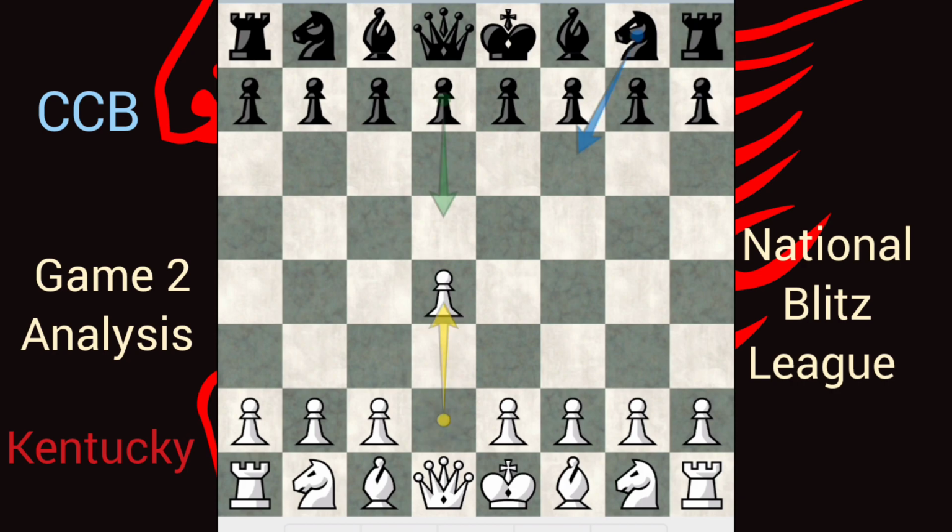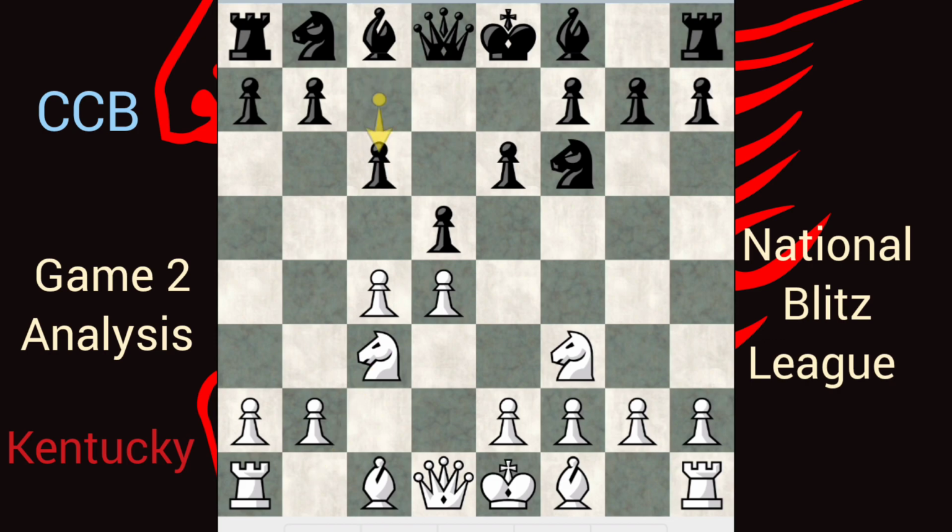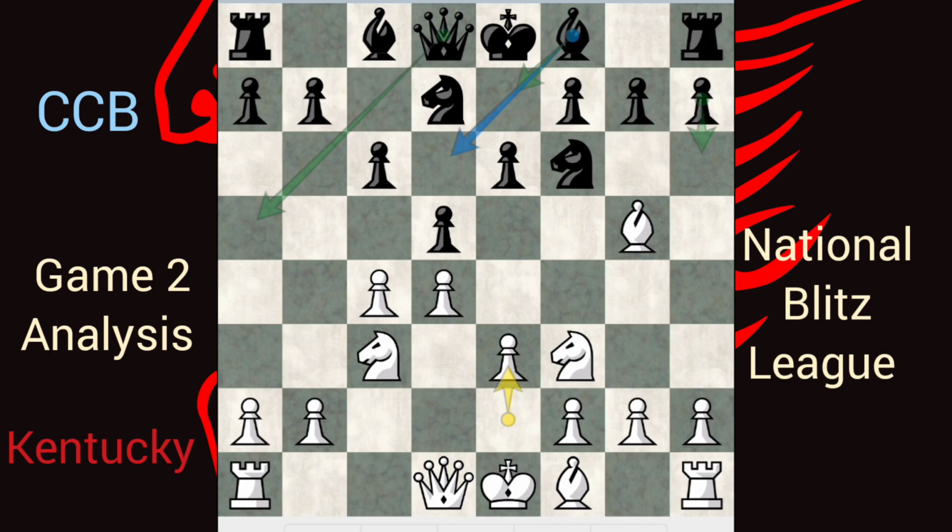And the game started off with d4, knight f6, knight f3, e6, c4, d5, knight c3, c6. And White chose bishop g5. Knight b to d7, e3. Common moves are bishop e7, bishop d6, and queen a5. The move played in the game was bishop to d6,